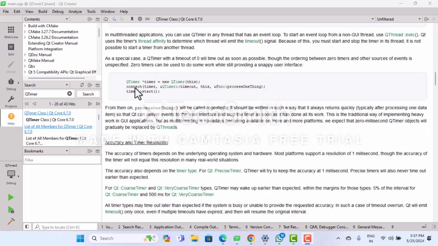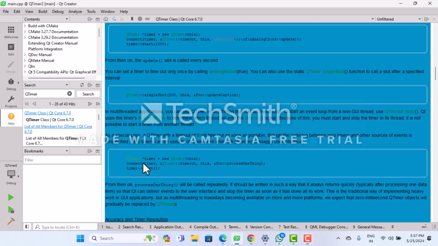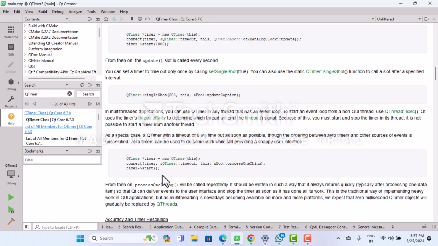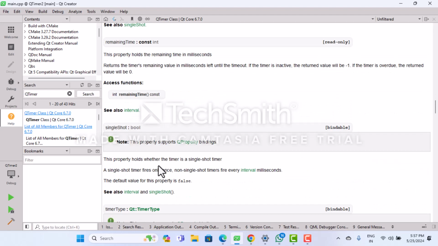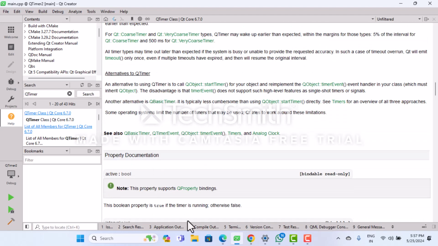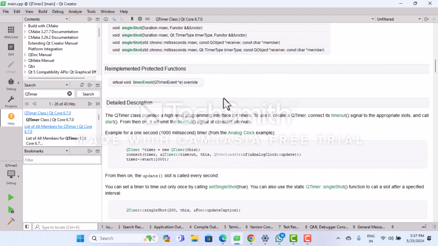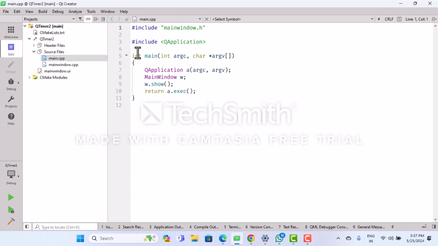So you will implement all these things. This is how you can create the timer. This is all about the timer class. There are so many methods that you can learn. So this is the theoretical part. Now let's learn about some main